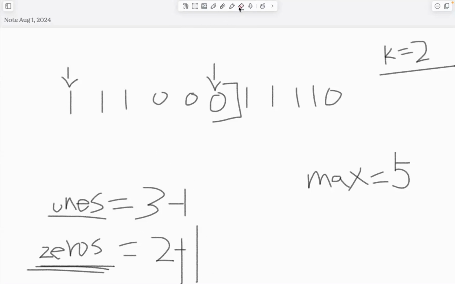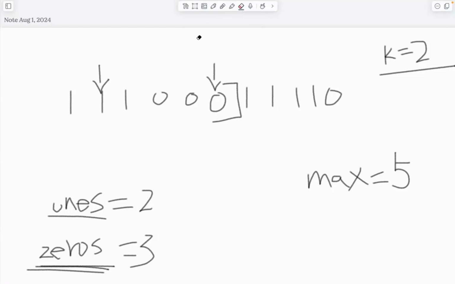So now let me update here. So it's 2. It's 2 and 3. Now 3 is still greater than k. So now we need to update. We need to go to the next step. Okay, now it's 1. We encounter 1. So here we need to minus 1. Now the 1